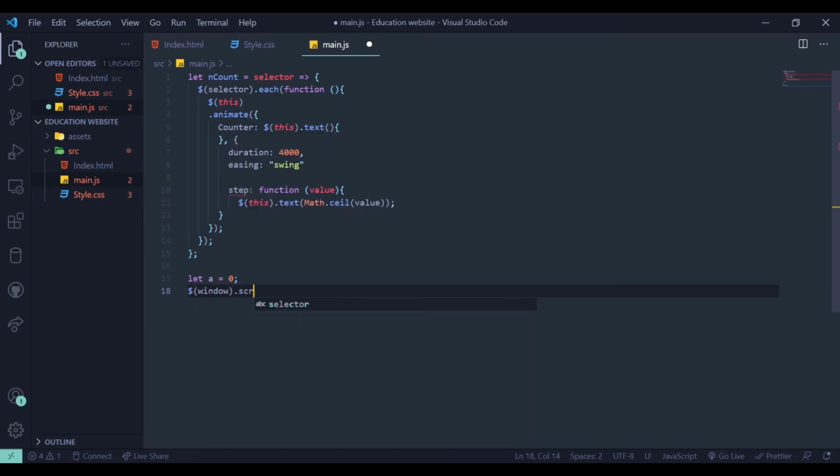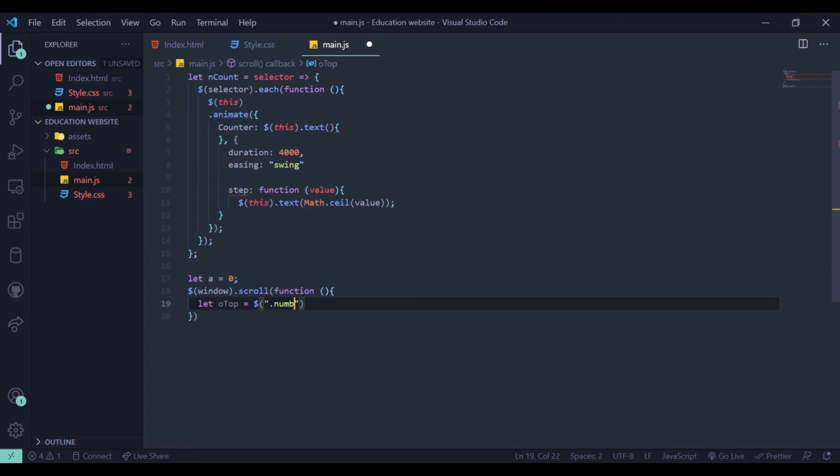Okay. Window dot scroll function. And here I'm going to say let top equal to